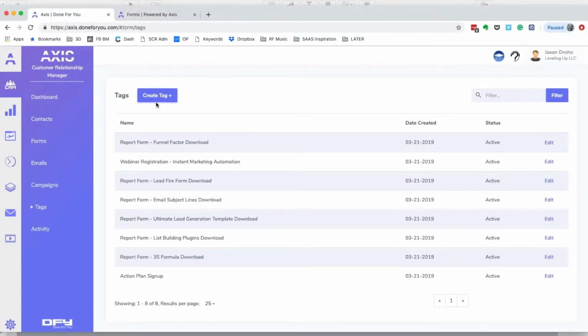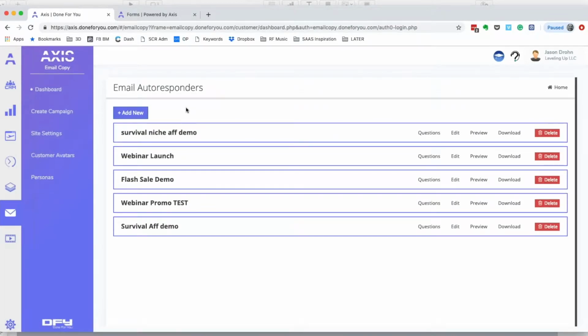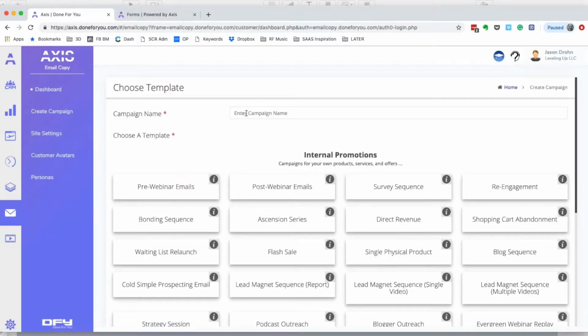All right. So let's say we want to do something from an email standpoint. What we're going to do is log into the email copy piece, and then we're going to create the email autoresponder. So we're going to hit the add new button, and we're going to create Access. Let's see, Access webinar replay